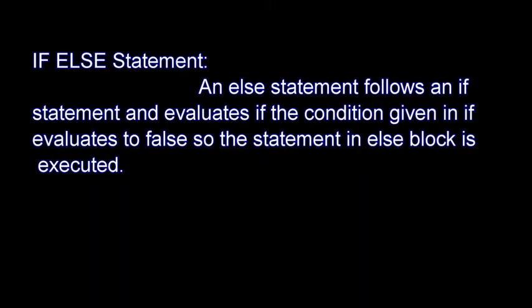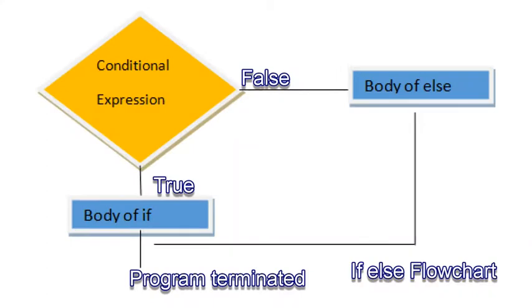The next type of control statement is the else statement. It works together with the if statement. Like in the earlier flowchart, we have a conditional expression resulting in either false or true. In a similar way, we have true and false branches, but now we have two bodies: one rectangle shows the body of the if expression and one shows the body of the else expression. If the if expression evaluates to true, the body of the if statement is executed, and if it evaluates to false, the body of the else statement is executed.